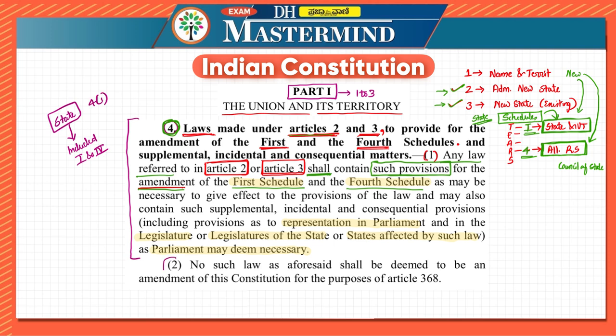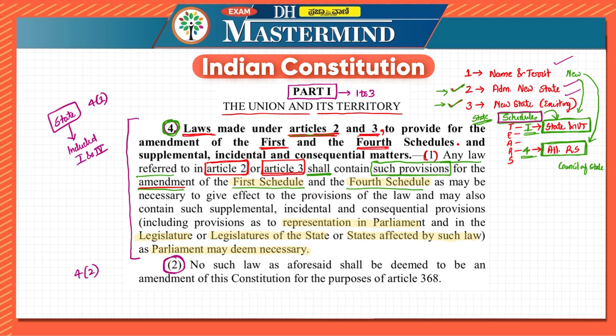Now this is a very important article, which is Article 4 subclause 2. Again I'm telling you, it is not compulsory to remember the article numbers. You just remember what the provisions are like, what it is telling. So the first one is naming the territories, the second one is new territories, the third one is modification, the fourth one says that whenever all these things happen simultaneously, the changes have to be made in the schedules also, and subclause 2 says that in case you are getting any such laws,